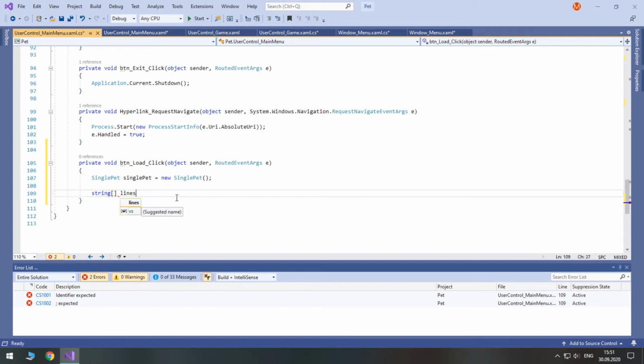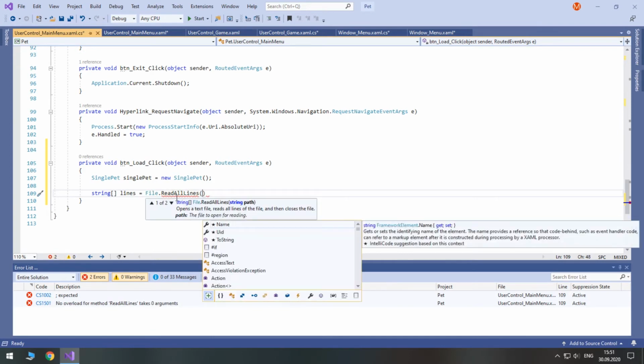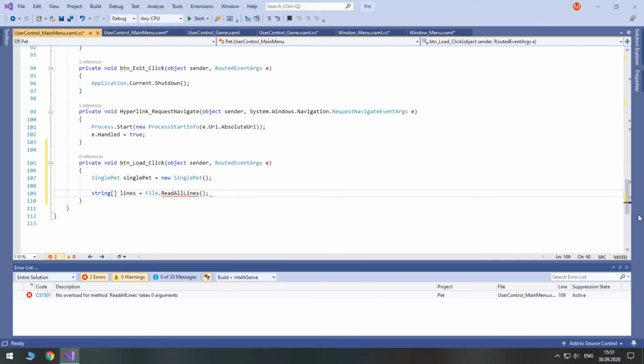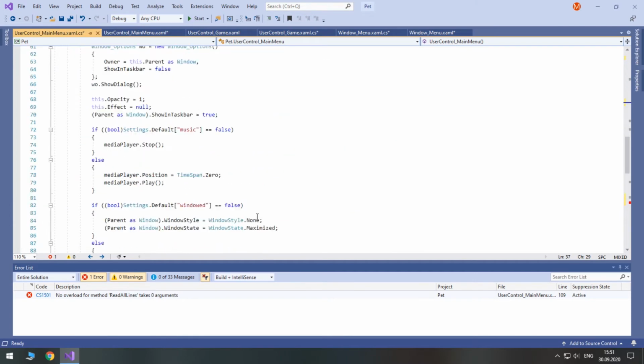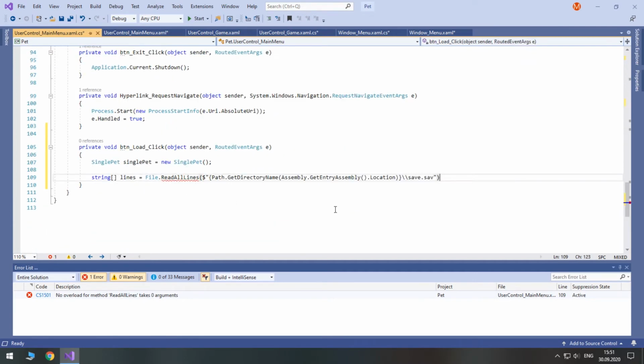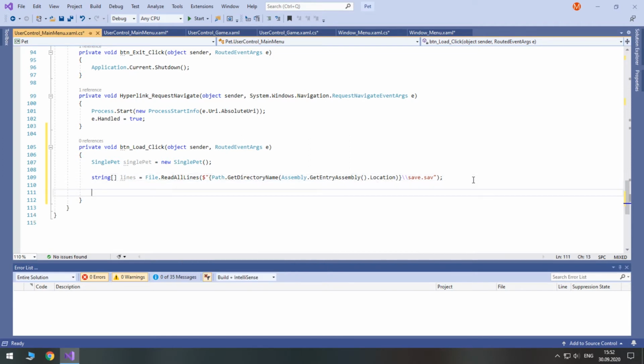Its name is lines. So file read all lines, and here we pass the path. Again, let's just copy this path and paste it here. After we receive all lines from this file, we can access them. We will use them to fill the fields of single pet.